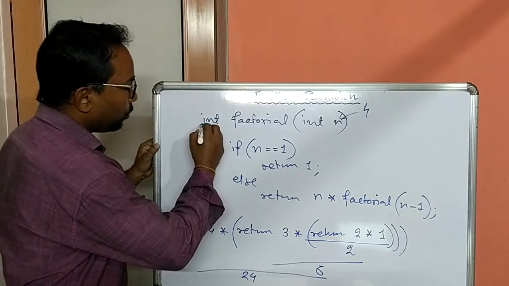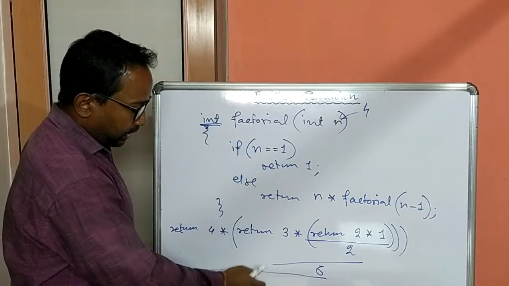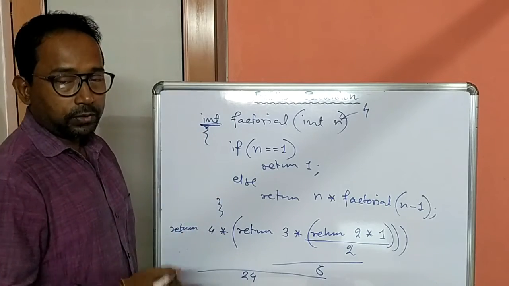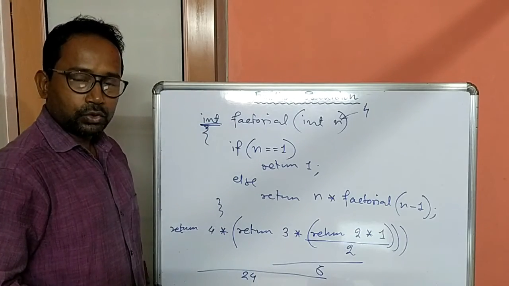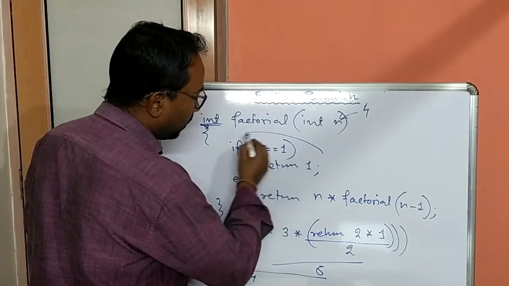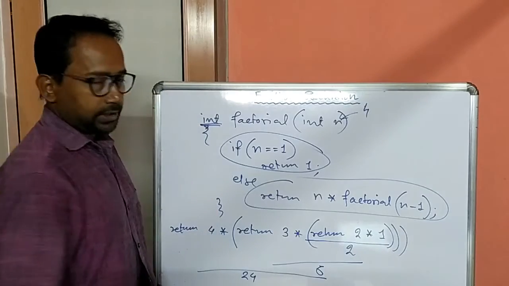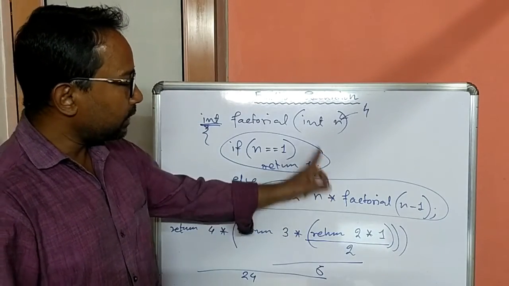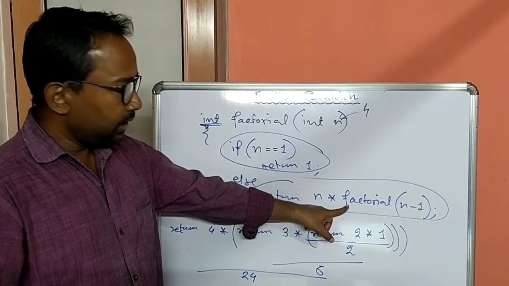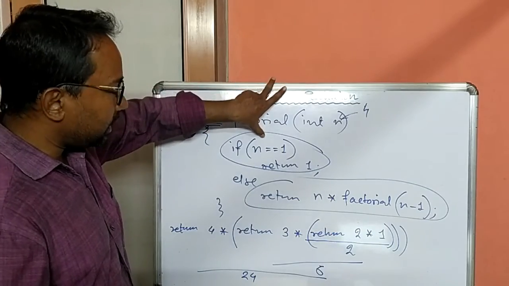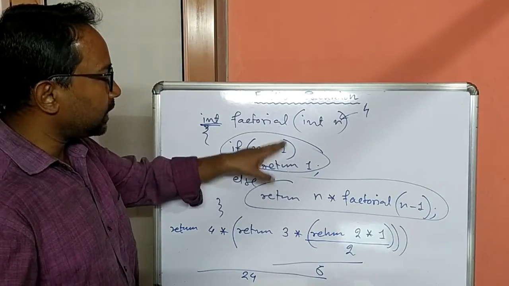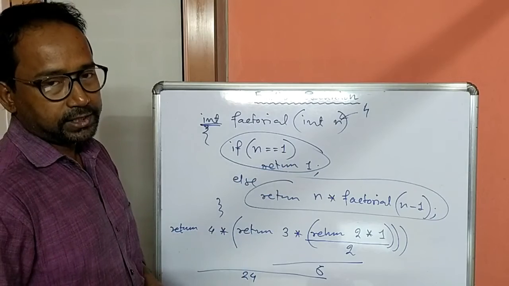Understand? That means now this return int will return this 24 to the caller for the first call of this function. Understood? So here this is called base case and this is called recursive case, because for this statement the function calls itself, means recursion is going on, and for this statement, for this condition, the function terminates its execution. So this is base case.